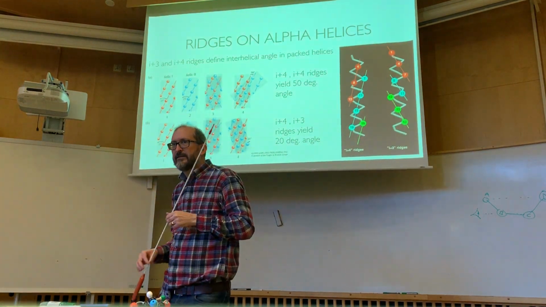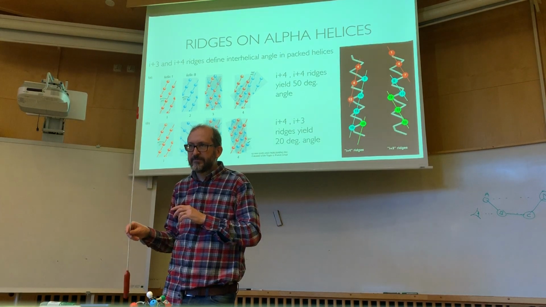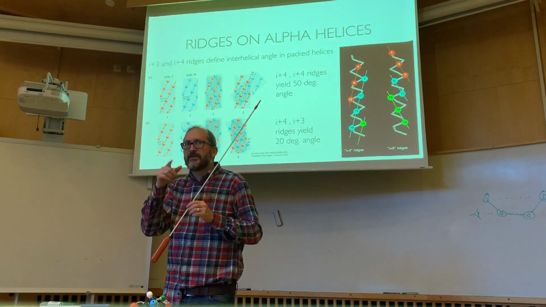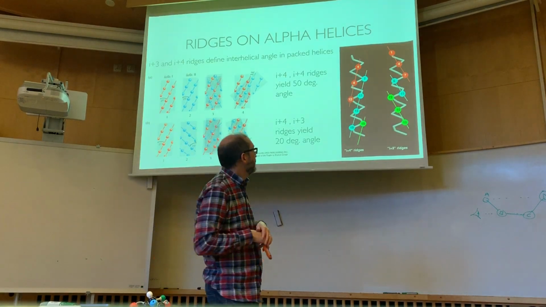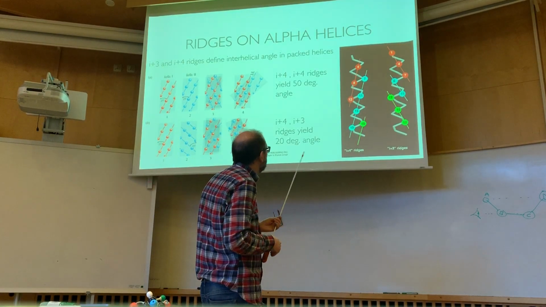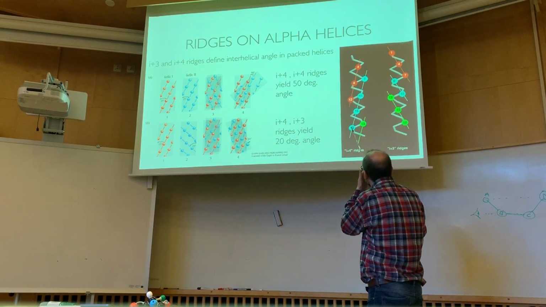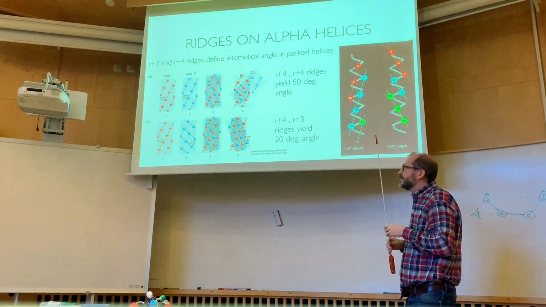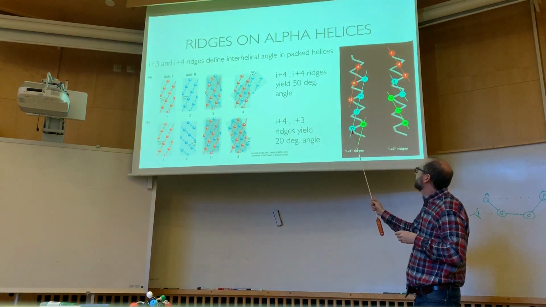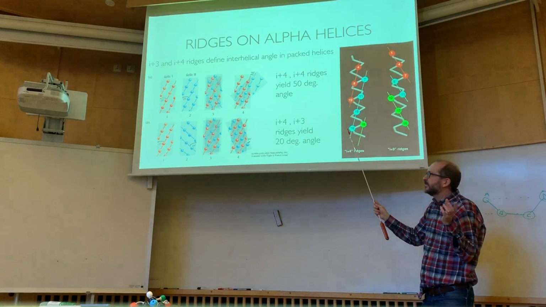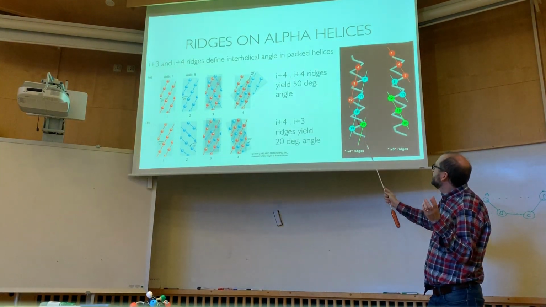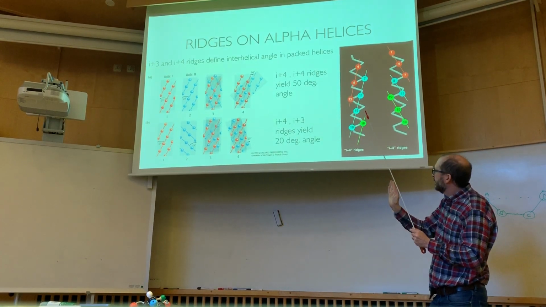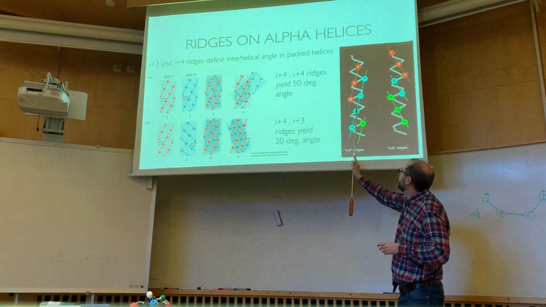Okay. So some of you might have seen this before. How many of you have seen this before? Okay. Yeah, 1 or 2. Okay. So what are we looking at? So we said that there's an interaction between residues I and I plus 4, right? And so that means if you think of these side chains being kind of these knobby things sticking out of the helix, there's going to be knobs going every 4th residue, and they're about as close together as you can get,